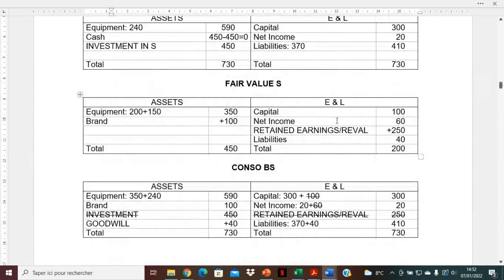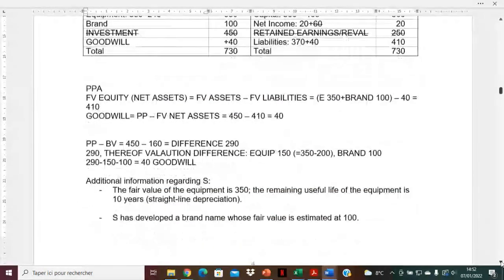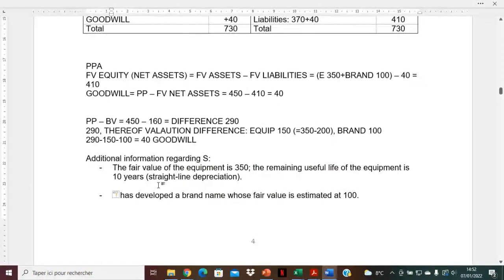The equipment is in the balance sheet of the subsidiary, originally accounted for at 200, and the subsidiary already depreciates the 200, so I will not depreciate the 200 again. The fair value of the equipment is 350, and I need to separate it into the book value of 200, which is already depreciated, so there's nothing to do,